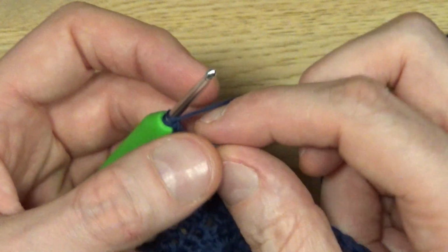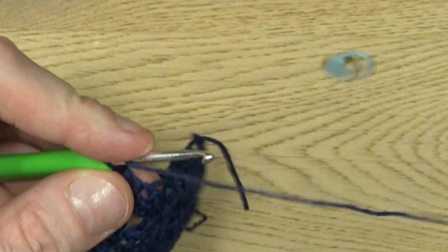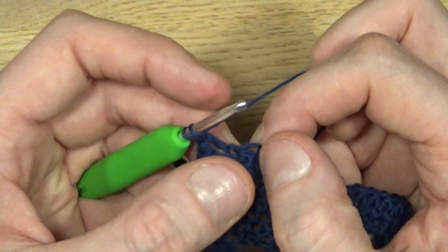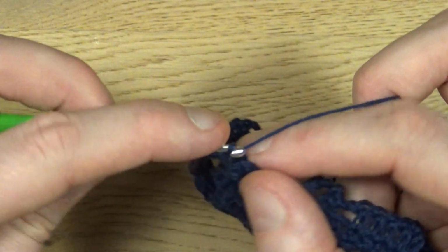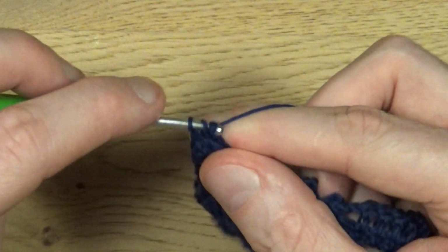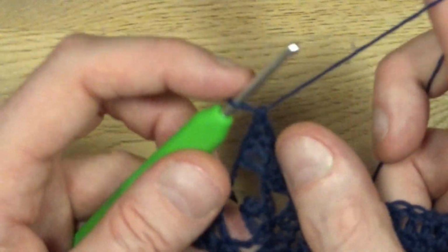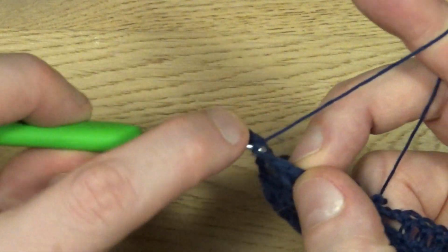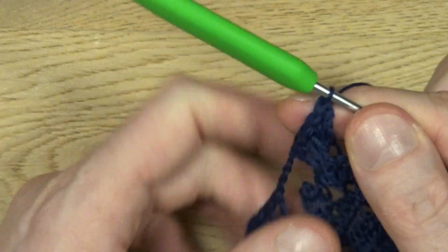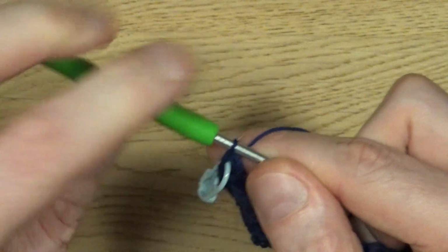Then a marked stitch, remove the stitch marker, and in that marked stitch we're making 5 new stitches, 2 doubles, a triple and 2 doubles, all in that same stitch. So 2 doubles, 1 and 2, then a triple, a triple crochet like that. The triple crochet we're going to mark again, so place your stitch marker in that triple crochet, and